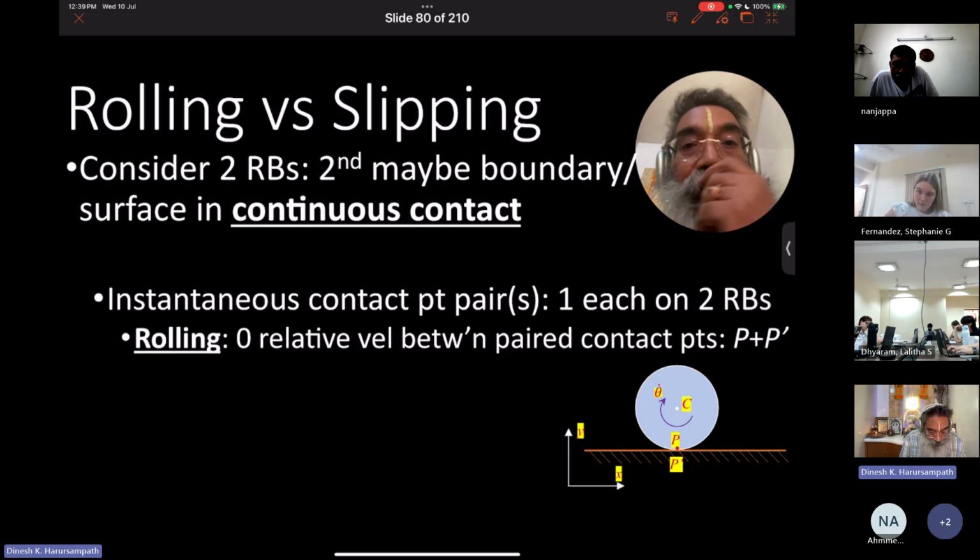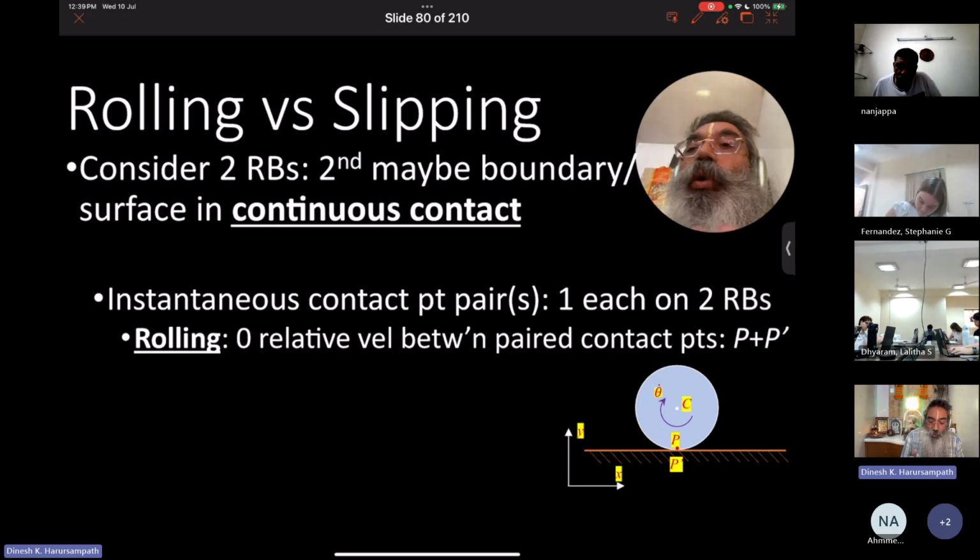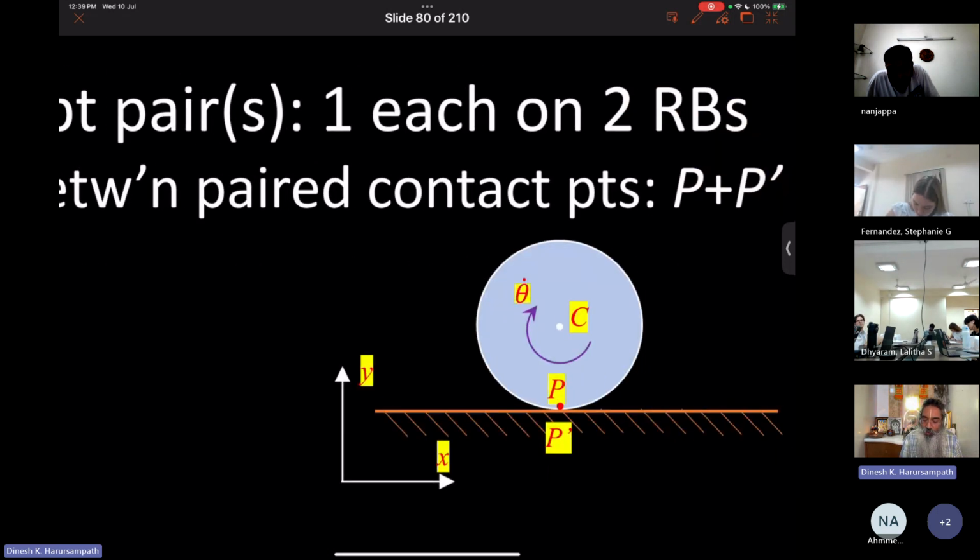So then, if you're talking of rolling, essentially there's a zero relative velocity. So this is what Nanjappa alluded to, that there is no relative motion. So instantaneously, there is a zero relative velocity between the paired contact points. So that is the pair that we are talking of now, P in the body and P prime on the surface. And therefore, this particular point, actually a single point, but imagined to be two different distinct points, is essentially not having any velocity with respect to each other. So in other words, what we are looking at over here is